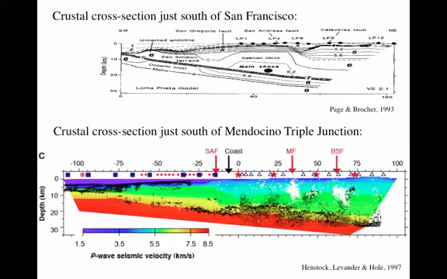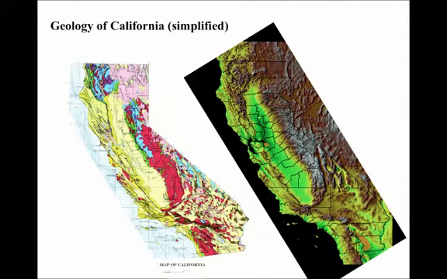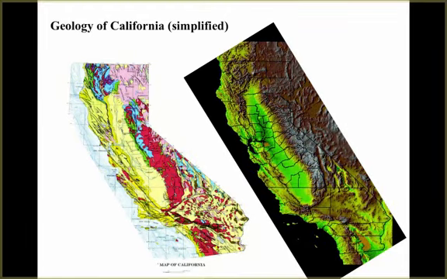If we look at a cross-section just south of San Francisco and just south of the Mendocino Triple Junction, I'm going to go back and show you where the San Andreas Fault is on this diagram so that we can talk about the Mendocino Triple Junction, because we haven't yet. The San Andreas